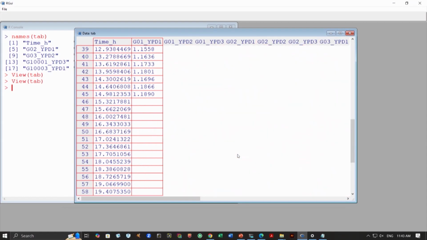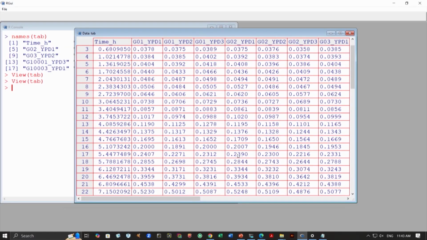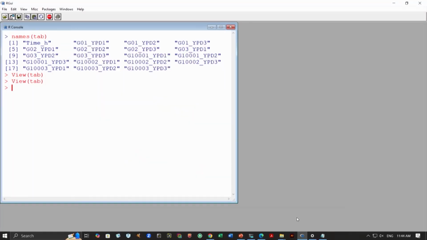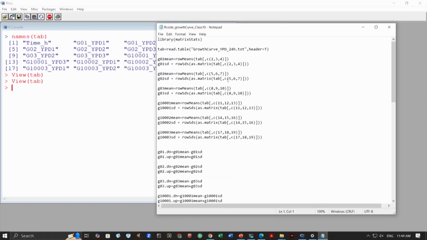So, we have a lot of points for each of these strains and the replicates. What we will do is calculate the mean value as well as the SD value from this data table, and then generate the plot. To do that, we will use a package which can generate this mean and SD. The package is called